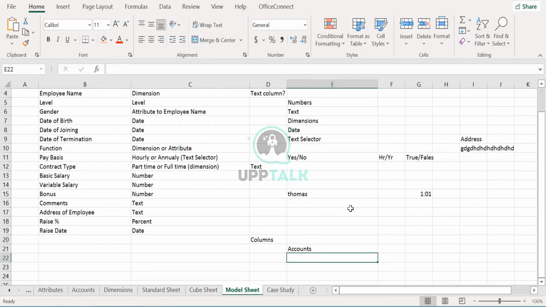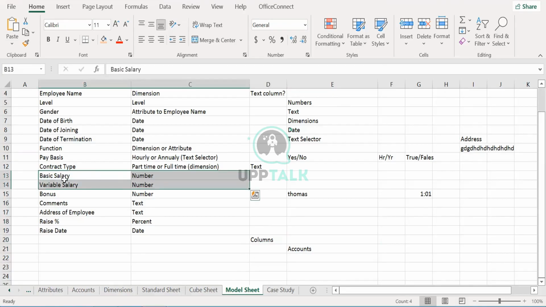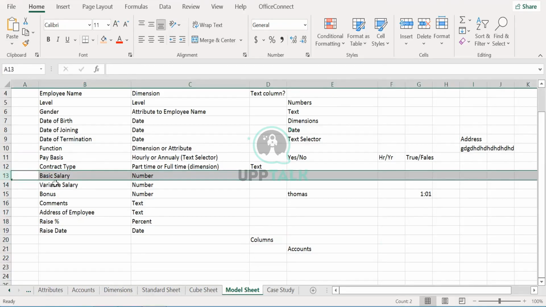If you want to flow data from one account, from one sheet to another sheet, you have to do it in the form of accounts only. Only accounts are the source of contact between any kind of models. You cannot say that I have entered the data here. You just address it by column.